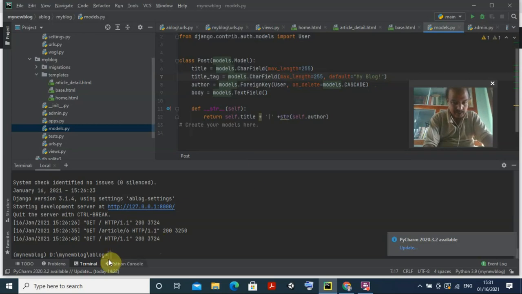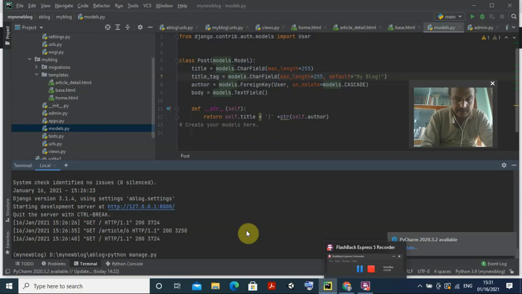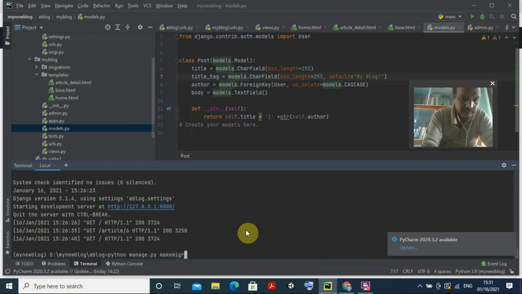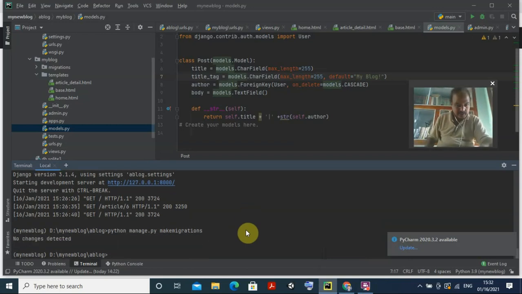I have already done it just now. So you do it here. First you type python, python space manage.py. Okay, sorry, it should be all lowercase. Yeah, python space manage.py. So this is the thing, python manage.py, and here you have to make migrations, okay. So already I have done, so it will not show everything, there are no changes.